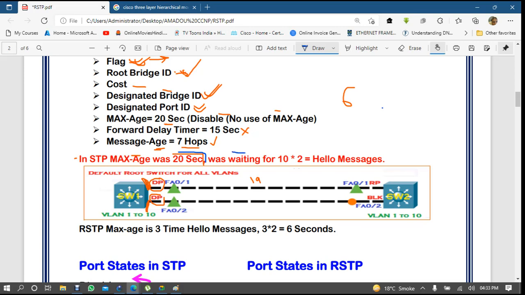Now what are you saying here? The max age was 10 hello messages, right? Times 2. Now the default root switch, if we are configuring some kind of network here,